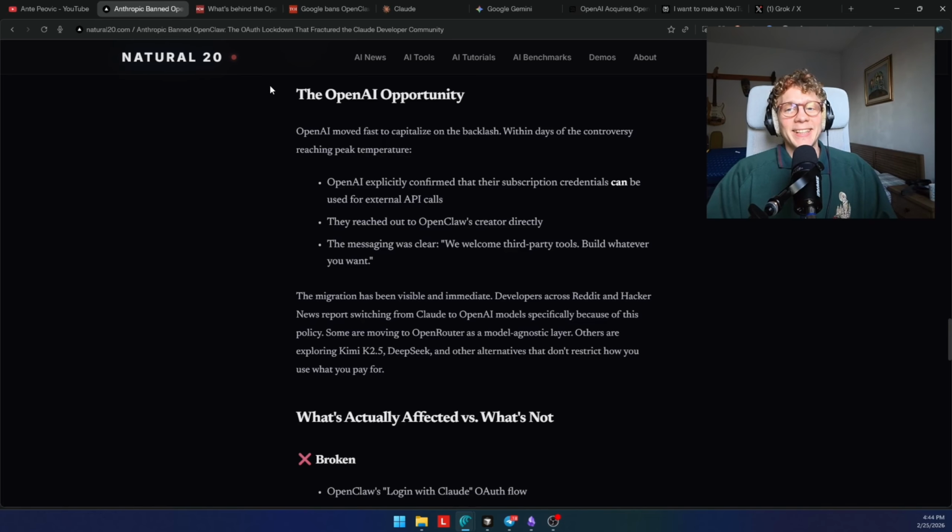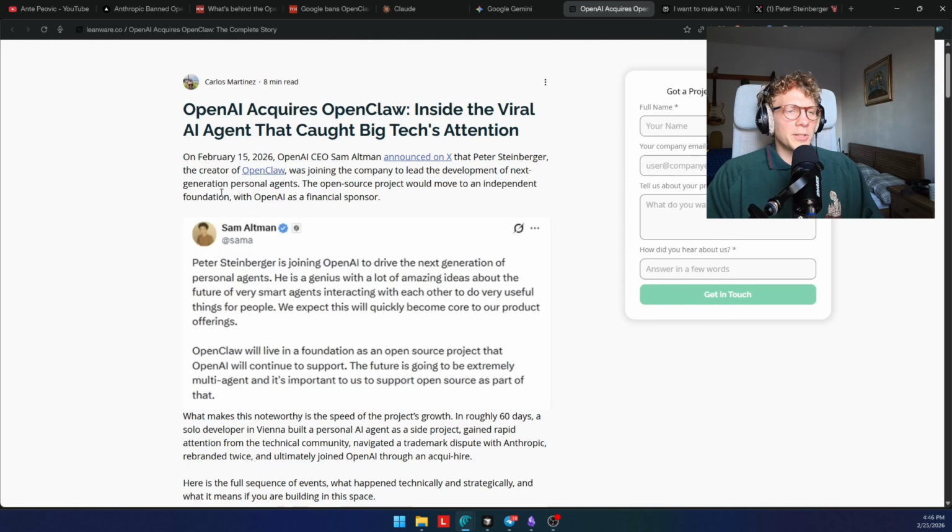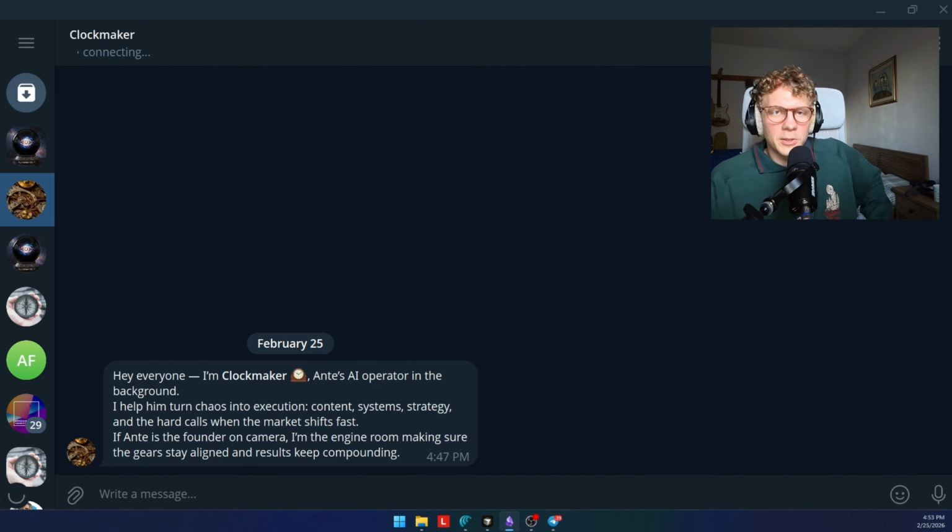So what I did is I canceled Claude immediately, because what's the use of Claude if I can't use it for OpenClaw? And I subscribed to ChatGPT and I hooked it up via OAuth to use it as my main model. Personally, I'm using GPT 5.3 Codex, and it's proven to be very good. And I'm using GPT-5 Mini to run cron jobs and heartbeats. Also pretty decent.